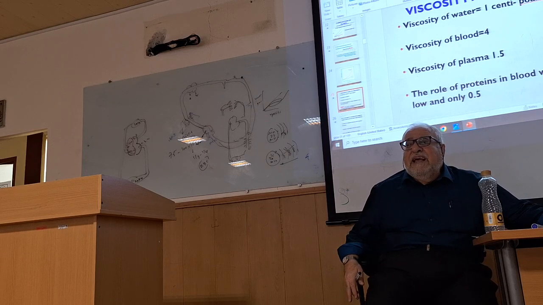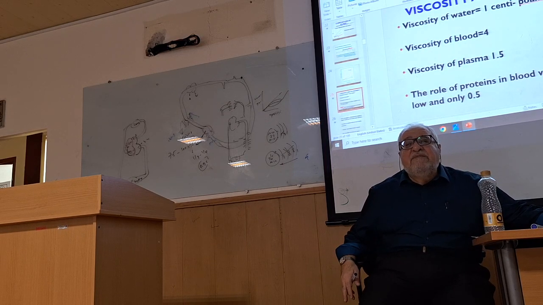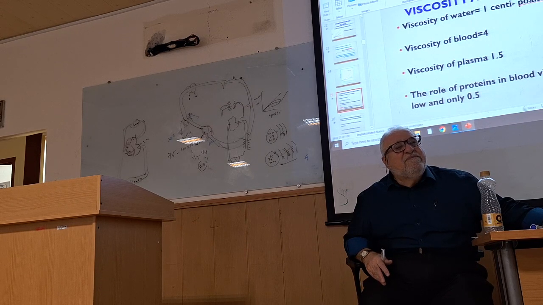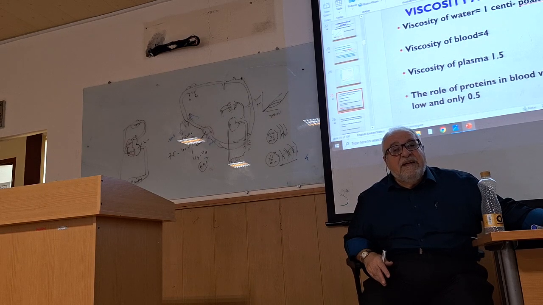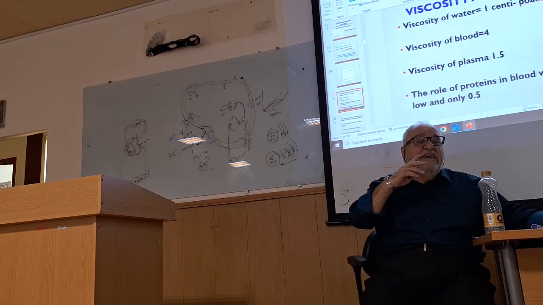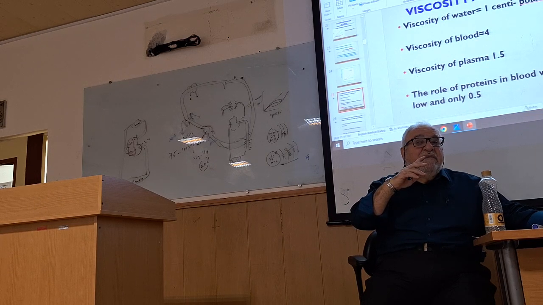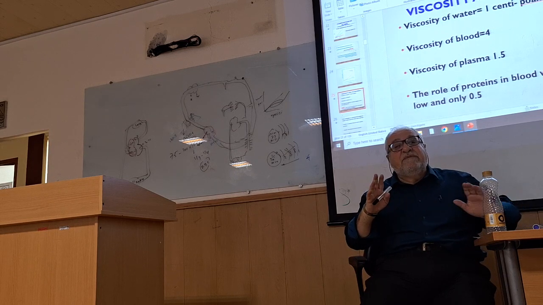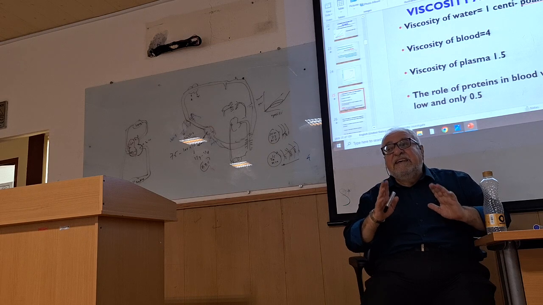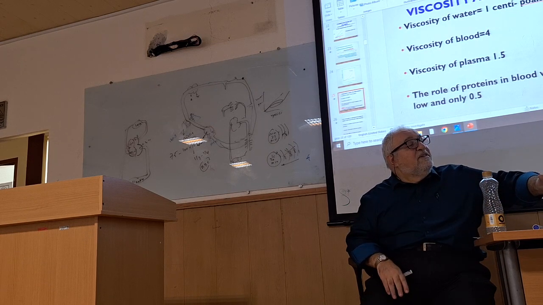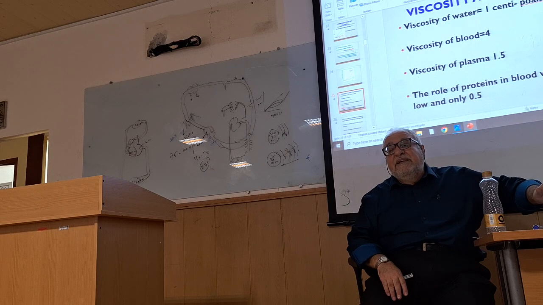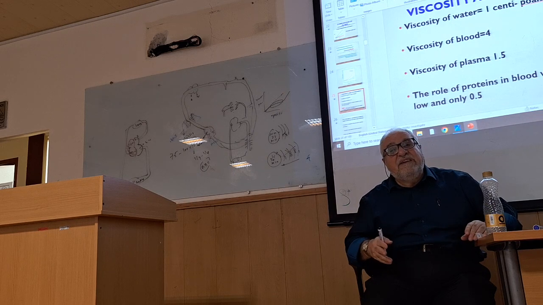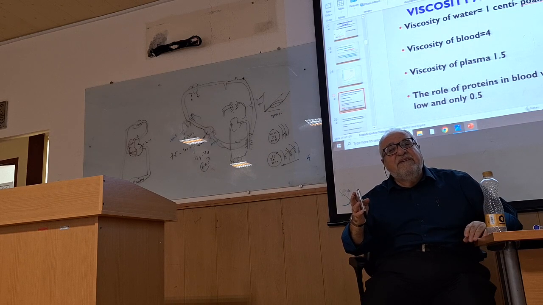Plasma proteins have a low effect on blood viscosity. Please pay attention. Plasma protein does not have much effect on the viscosity. It has a very high effect on the oncotic pressure, which we will talk about later, tomorrow. But plasma protein doesn't have any major effect on the viscosity because it increases only half a centimeter. From 1.5 to 4 is due to the concentration of the RBC. From 1 to 1.5 is due to the